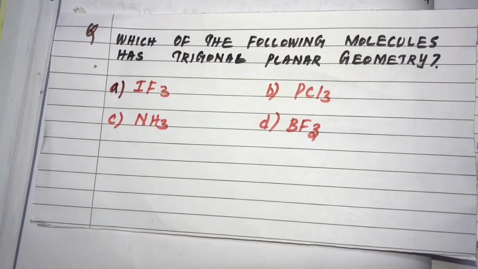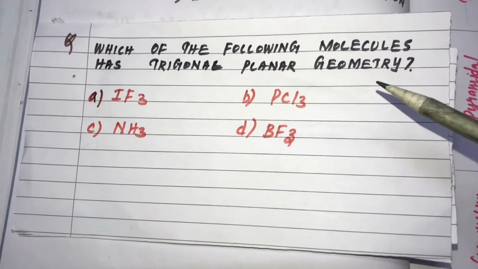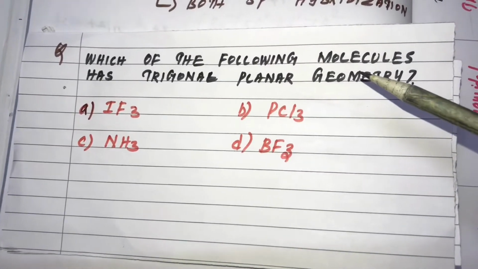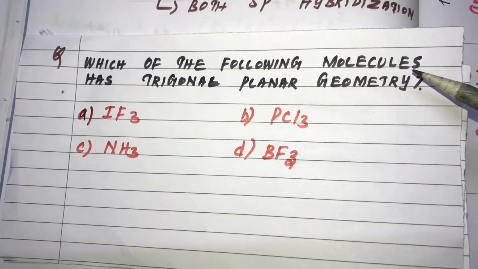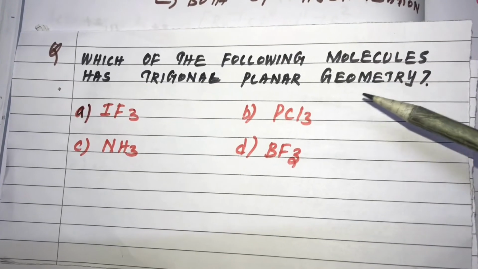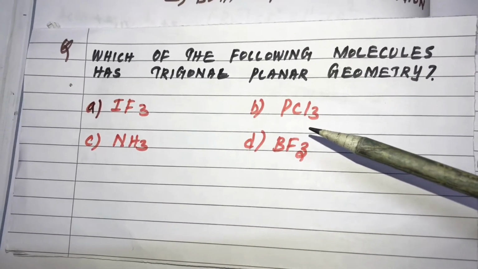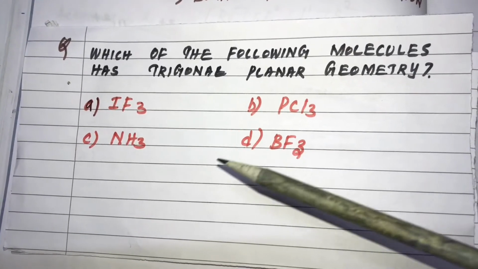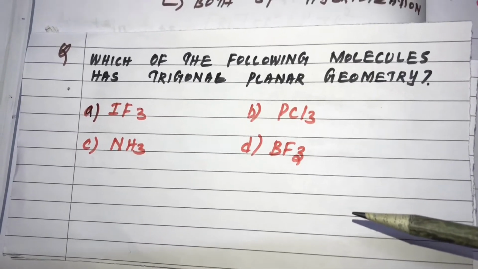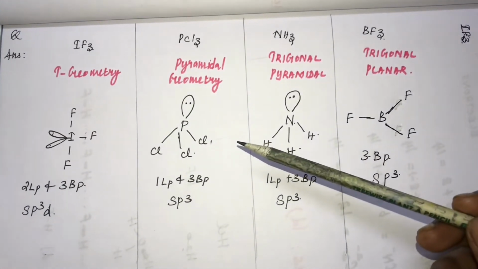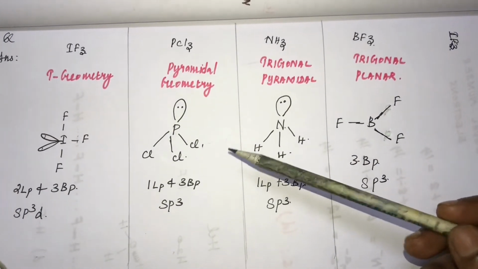In this video, we are going to see some of the neat questions asked in previous years. The first one: which of the following molecules has trigonal planar geometry? The options given are IF3, PCl3, NH3 and BF3. According to the choices given, we are going to see the hybridization and the geometry of the given